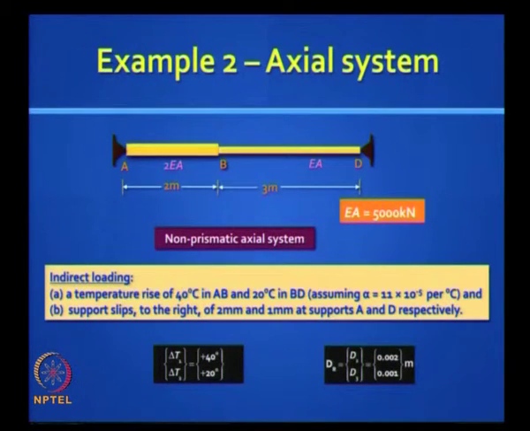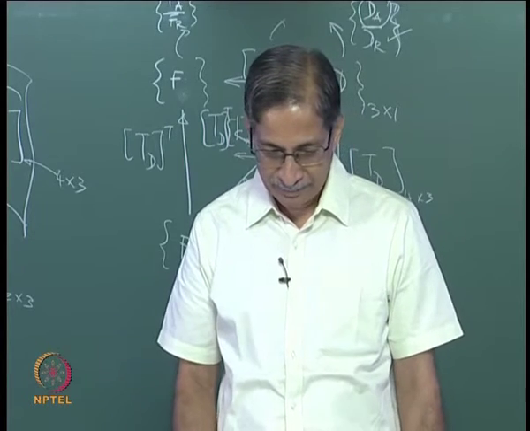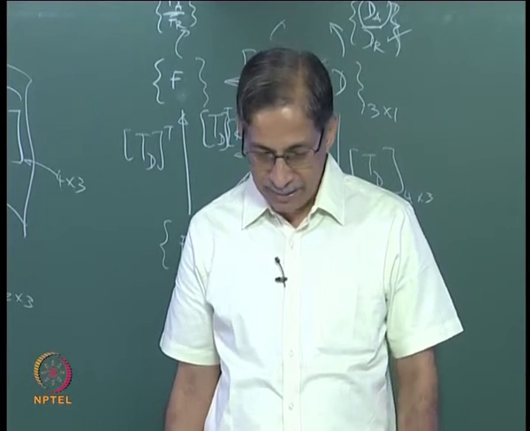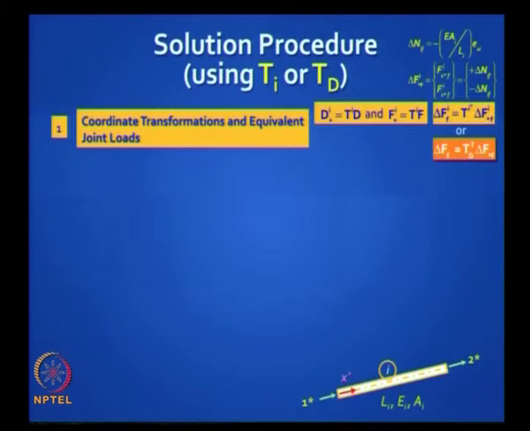How do we proceed? Actually, much of the work is already done because you have already generated your TI, TD, and you have already generated your element stiffness matrix. So your load has changed, that is all that has happened. So you do not need to do any laborious work. Okay, so these are the steps. First, generate, I am going to show both methods, TI or TD. If you are doing TI, write down the TI values first and generate the fixed end forces.